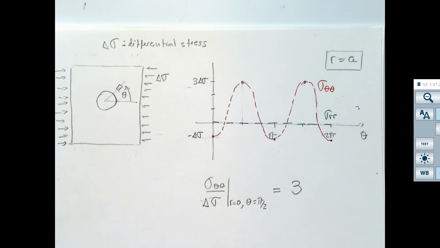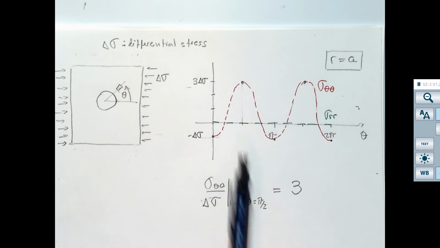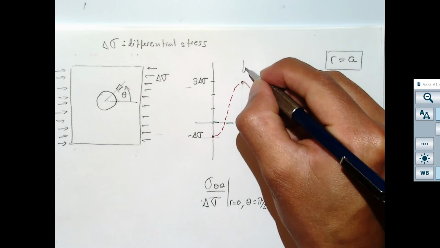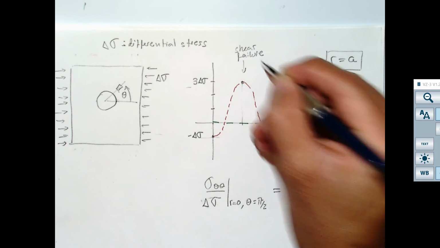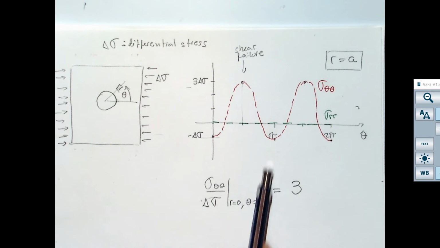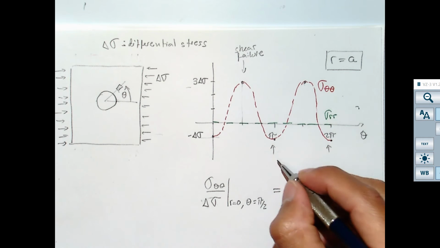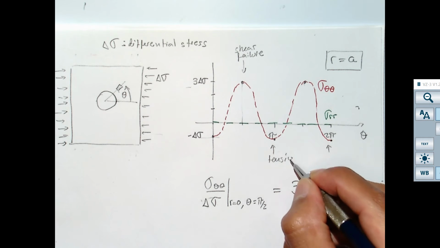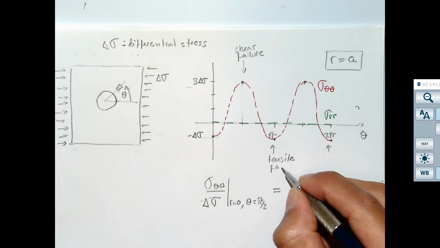Similarly to the case before, we may run into locations in which we have a lot of compression stress and no stress in the other direction, and we could go into shear. So very likely these are the points where you may expect shear failure. While notice that there are some other points around the wellbore where, if you surpass the value of the tensile strength, you may expect a tensile